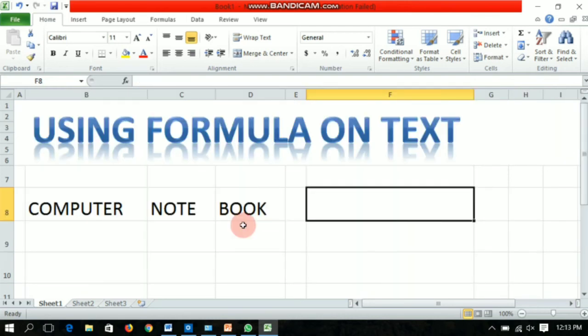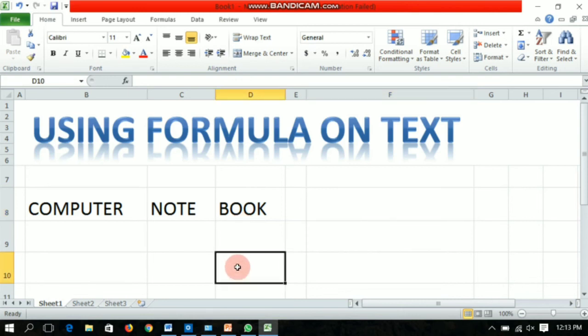Next is using formula on text. We can also perform addition on characters and strings data type. Except for addition, other operations like subtraction, multiplication and division etc. are not allowed on the string data type. Only addition is allowed. The ampersand is this and sign.